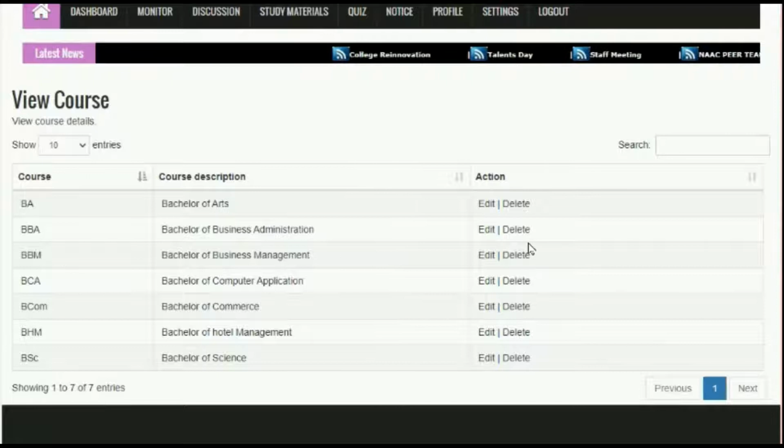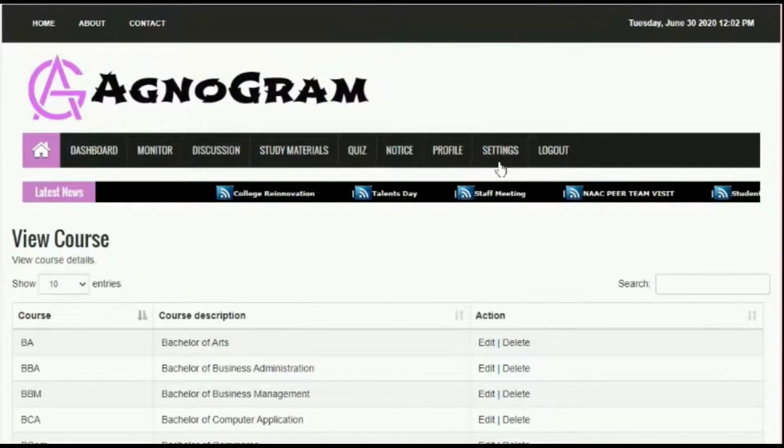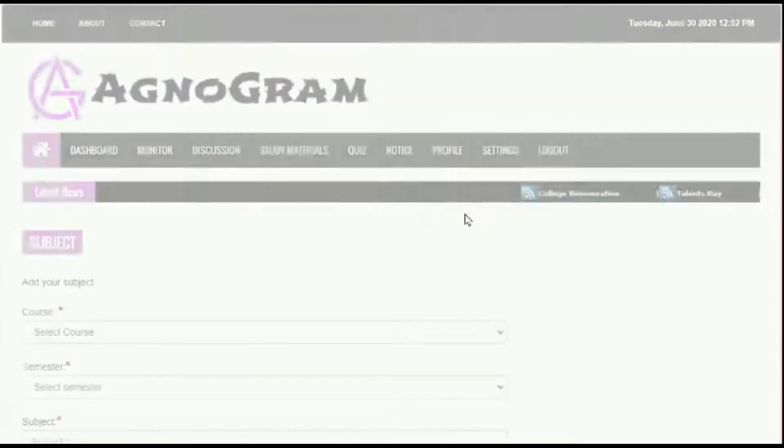All the added courses can be viewed. Admin also has the actions edit and delete.